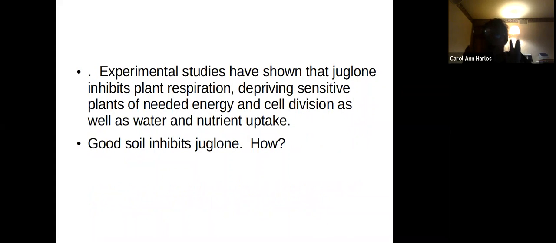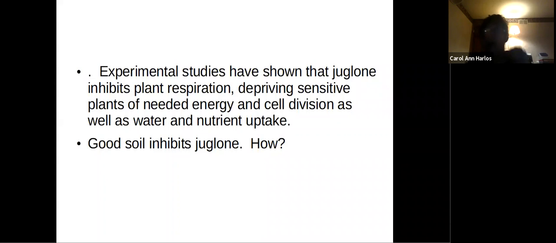And there have been experimental studies, and this is very, very important, that show that juglone inhibits plant respiration, it deprives plants of energy, it stops cell division, it keeps plants from taking up water, and it keeps plants from taking up nutrients. I found it important to put this statement here,